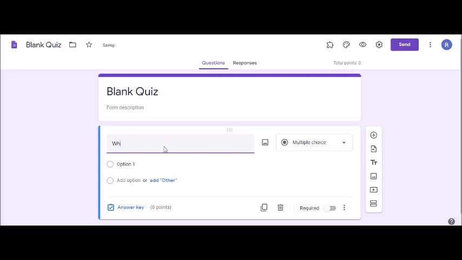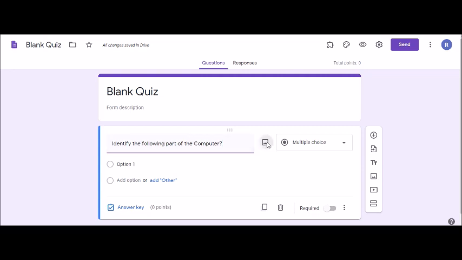For example, I am writing: identify the following part of the computer. I have written this question because I want to show you that even images and videos can be added to your questions when you are making the assessments.